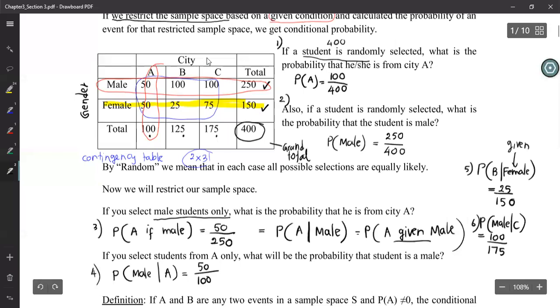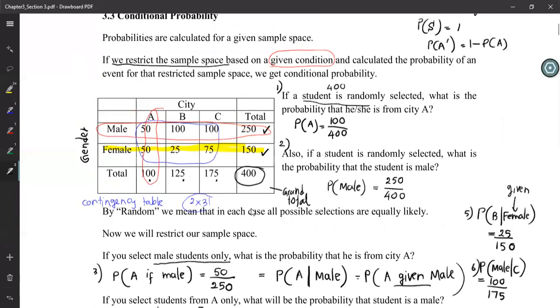Now, if you have the contingency table like this, you can also find the intersection. Okay, you can also find the intersection. Right. So before we move on to the definition, I'll give you that also. Sorry about the space. I'm writing here and there everywhere.